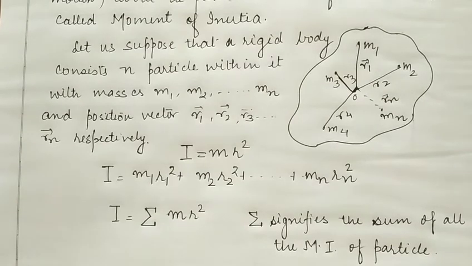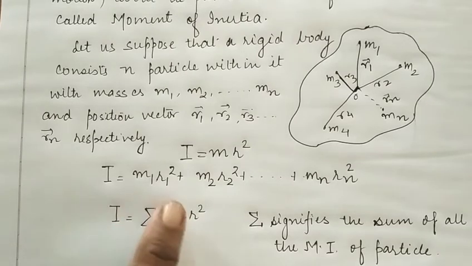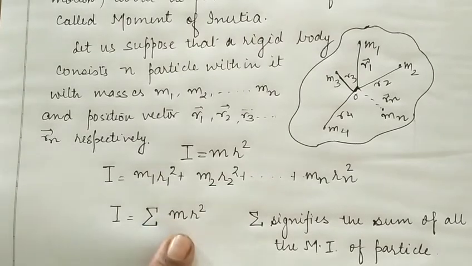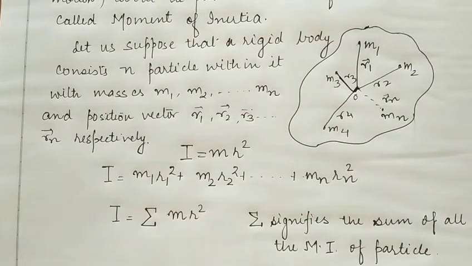So if it is asked to define moment of inertia for a body, then we can say that the moment of inertia of a rigid body is defined as the product of mass and the square of the separation from the axis of rotation. Okay, if we know the mass of the particle and the distance from the axis of rotation, then we can easily state the moment of inertia of that rigid body. Okay students, so why is moment of inertia required, why did it come into existence?